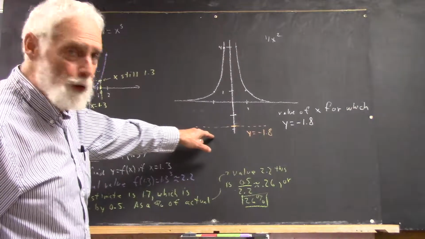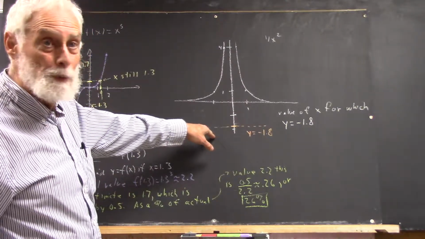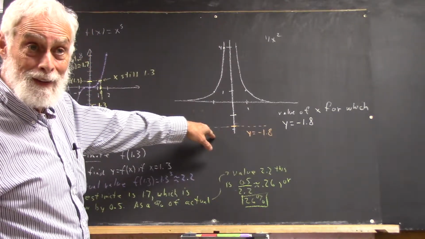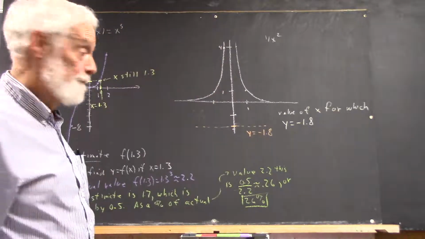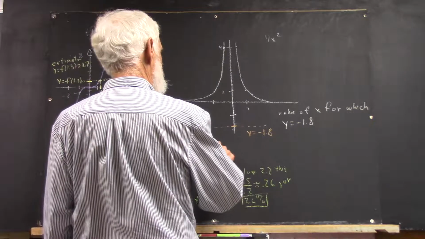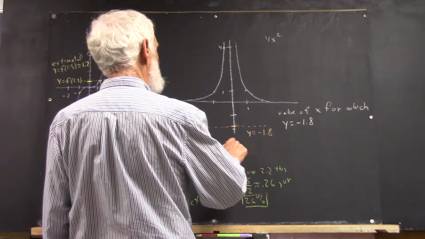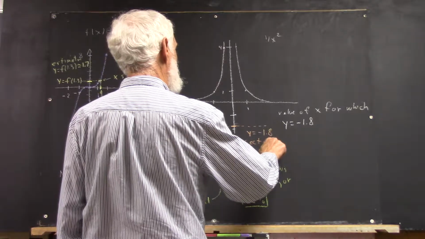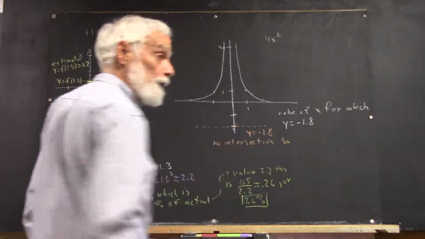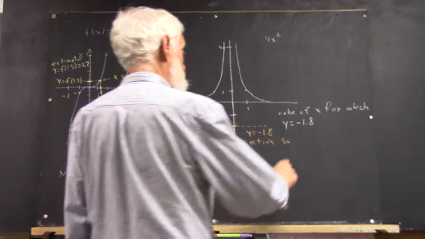Well, there's no point on the graph where y equals negative 1.8, is there? Correct. Because the graph is up here and y equals negative 1.8 is down here, right? Yeah. So you've got to go to... There's no intersection. Absolutely. So, to emphasize a little important terminology,